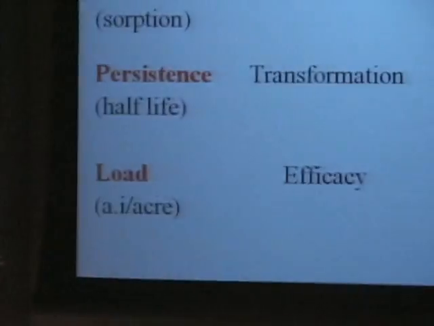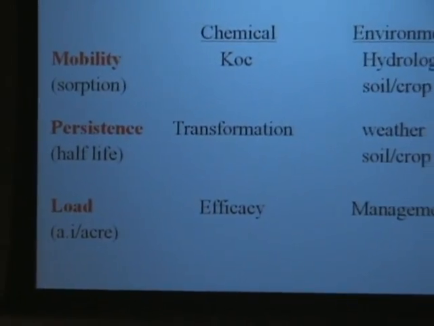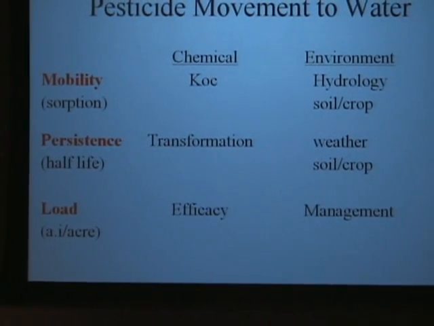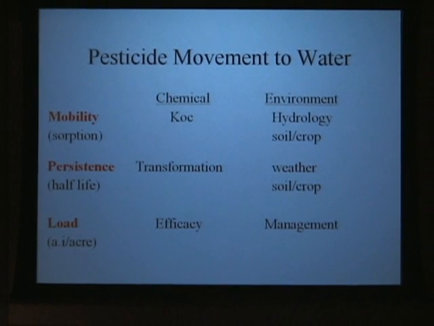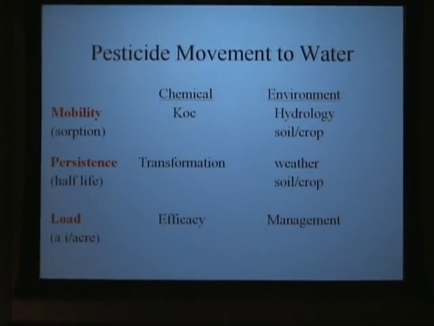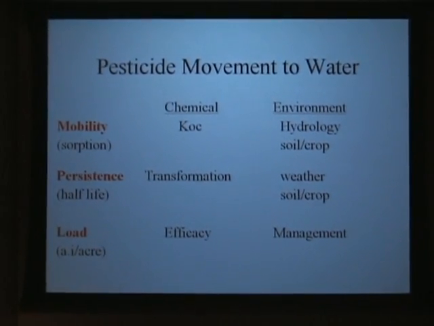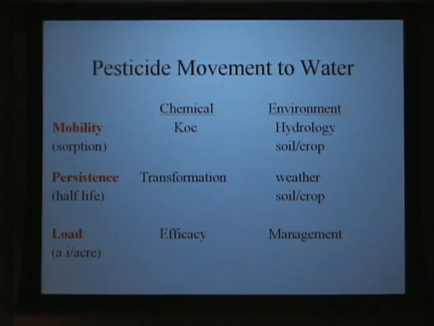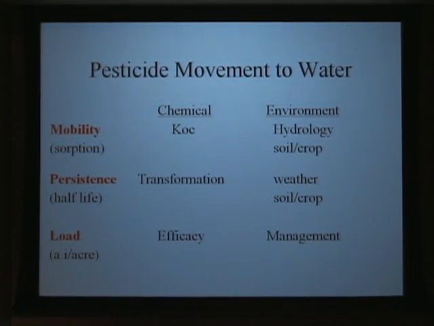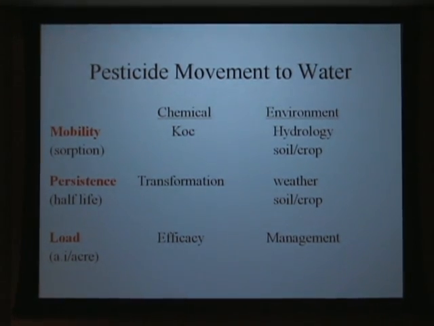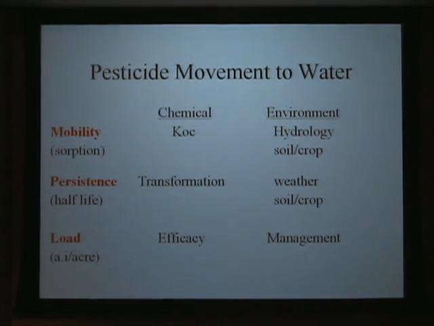The discussion really today is all about movement of chemicals to water. In my case, it's with pesticides, and as we picked up over the course of the day, it really comes down to two primary processes and one additional factor, and that is mobility, persistence, and load. Those are the three things that we're going to really simplify it down to. In terms of pesticides, there's two things that are going to modify it. It's going to be the chemical property of the pesticide, and it's going to be the environment in which that